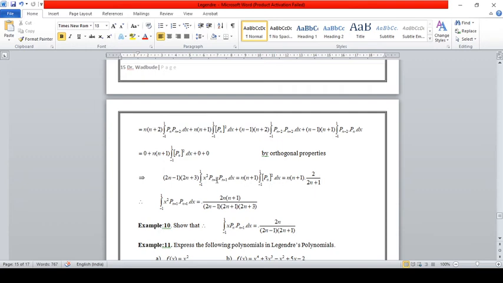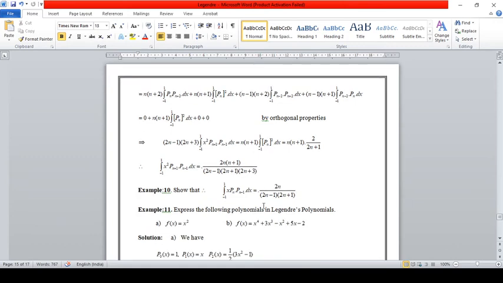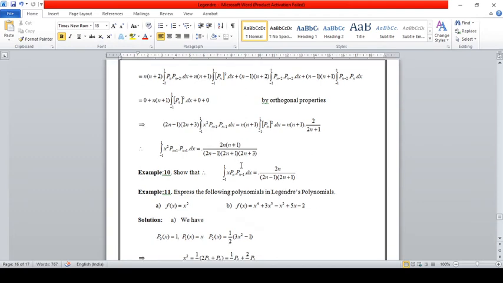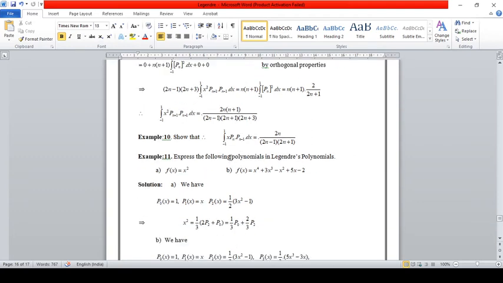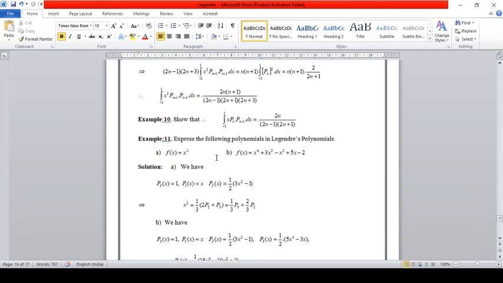Now integration of this part, so this coefficient is in the denominator, and we have here 2n plus 1 upon 2n minus 1, 2n plus 1, 2n plus 3. This is the third equation, meaning the right hand side, and this is the proof of this example. Now example number 10: integral from minus 1 to 1 of x Pn plus 1 Pn minus 1 dx is equal to... Examples first, second and third are similar, so this is easy. Now this is a new type of equation.